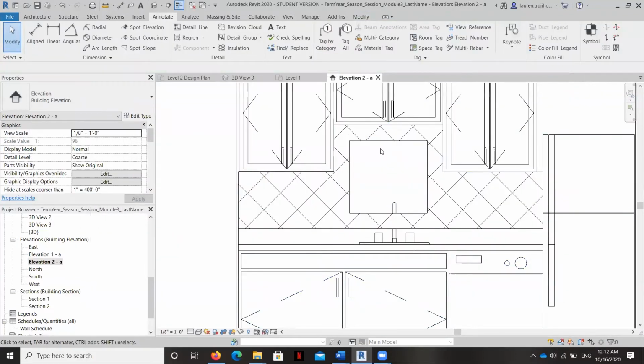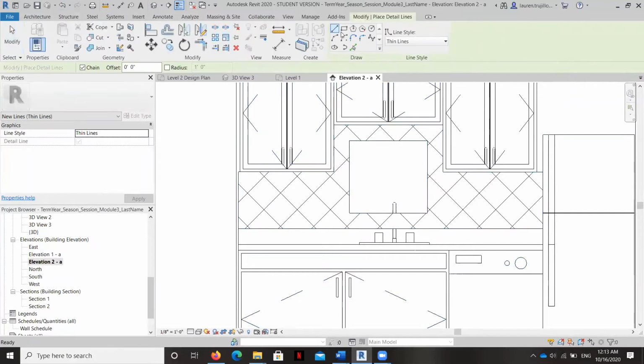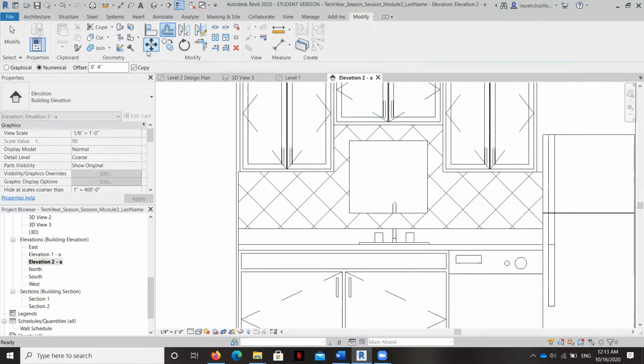Now on the inside, let's say I'm going to do a little like a pencil around here. For those of you who are familiar with tile patterns, there's usually a little pencil, you know, that creates the frame. So I'm going to just use a detail line. And then you can offset.